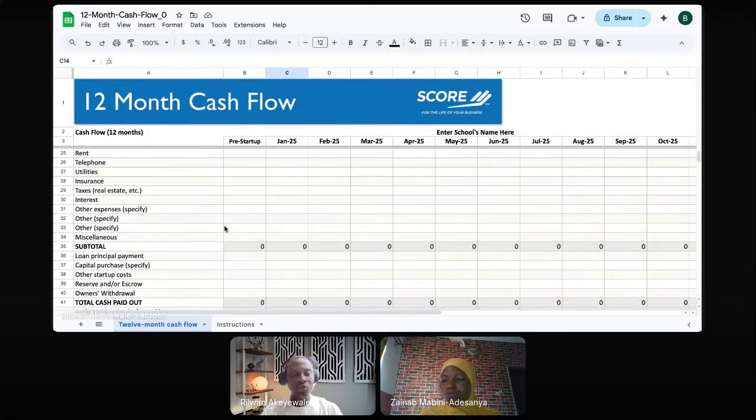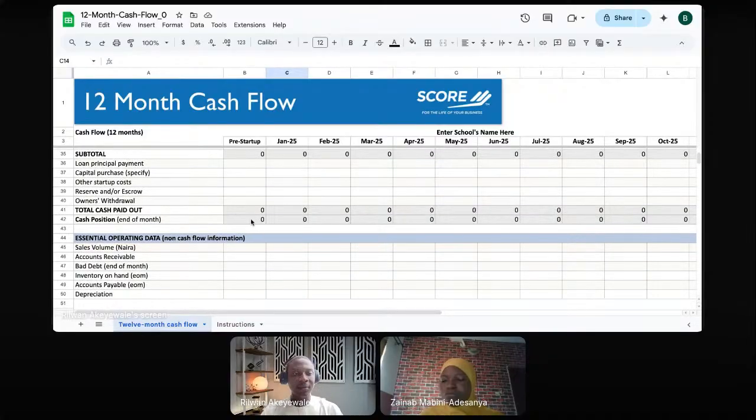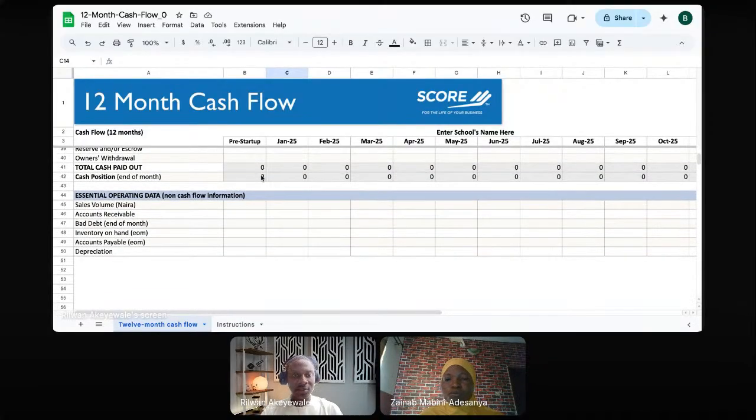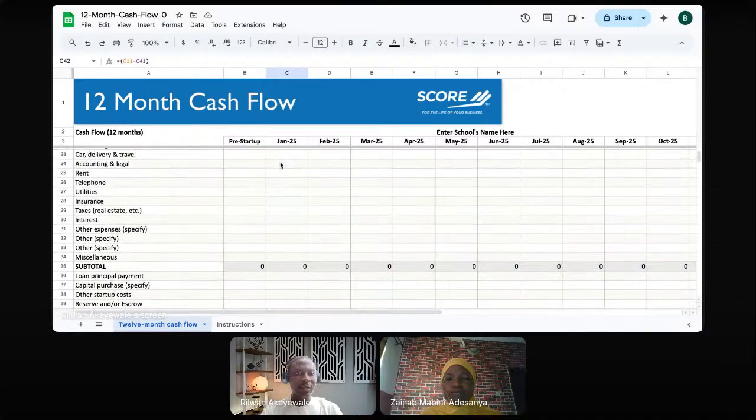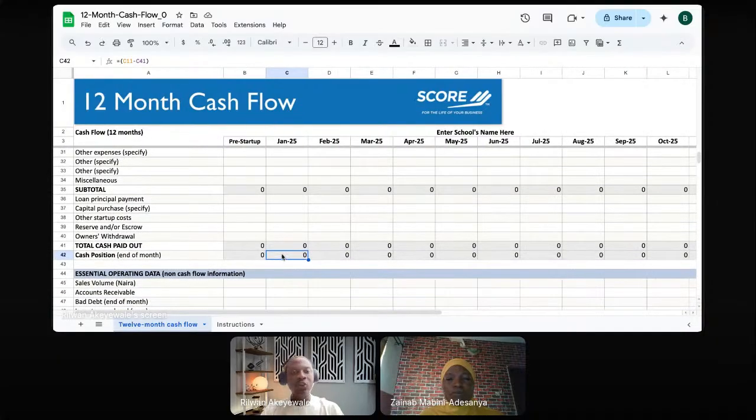If you're able to do that, it will definitely calculate your cash position. Your cash position is your income minus your expense. The beauty of cash flow is that it doesn't lie, it doesn't sugarcoat. So your profit is another thing entirely, but your cash is the money that you actually have at the end. If you do this calculation very well, you might be able to figure out that at the end of